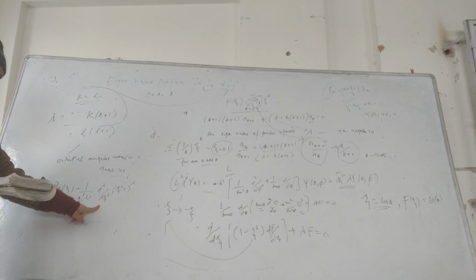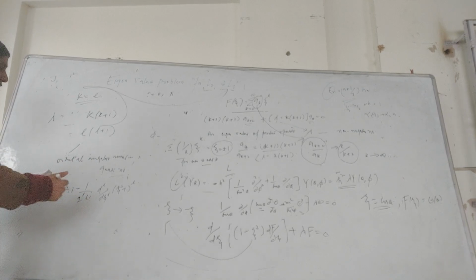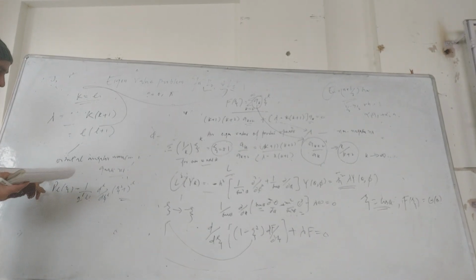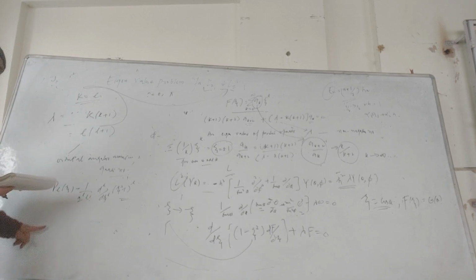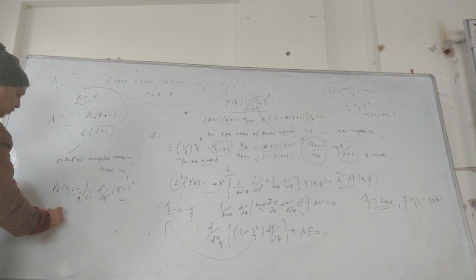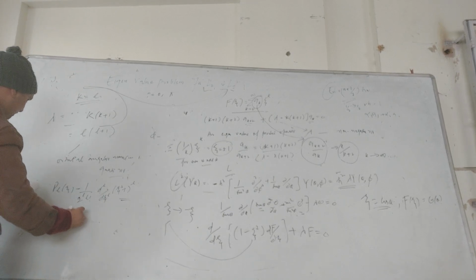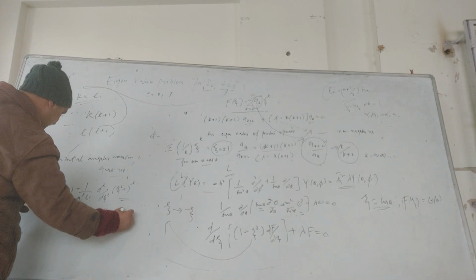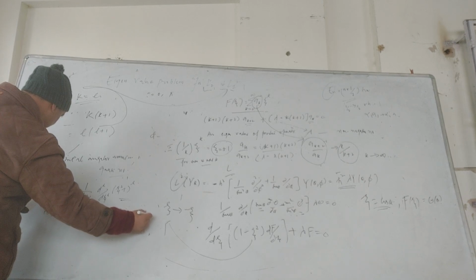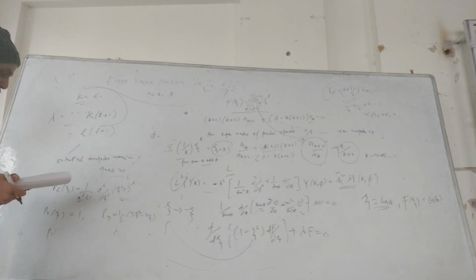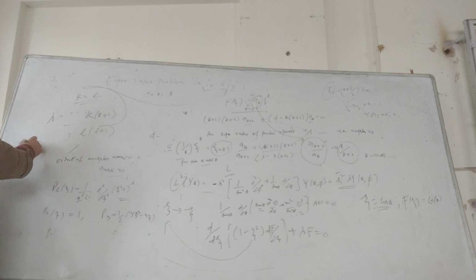We write this as a power series, which gives the solution for odd as well as even integers. When we do PL, we have P0, P1, P2, P3 as the first few polynomials. What will P0 be? If you expand it once, it will be 1. P3, the odd one, comes as 1/2 (5 zeta cubed minus 3 zeta). Similarly work out P1, P2, P3, P4. So it turns out that PL of cos theta, one of the solutions, will